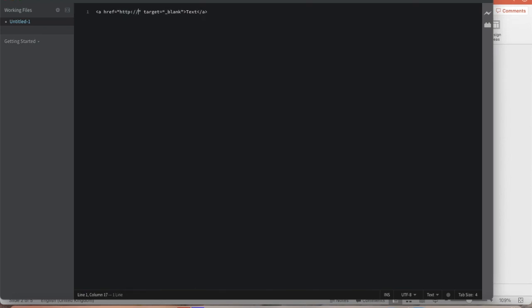So it's better if you put the whole URL, the website you want the user to see after clicking the text. So here I will mention the text which the user will see: Google website, okay. I will just save it.